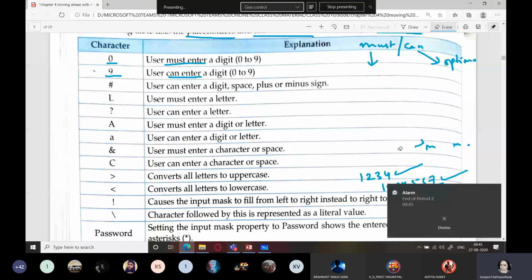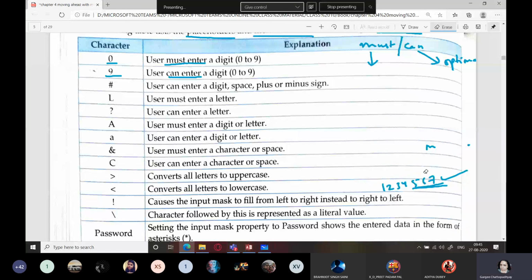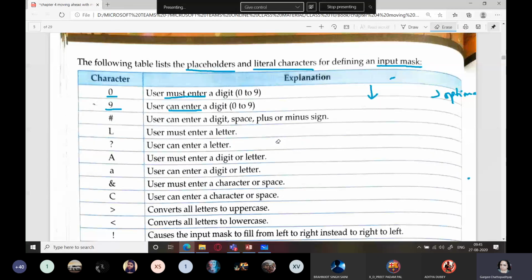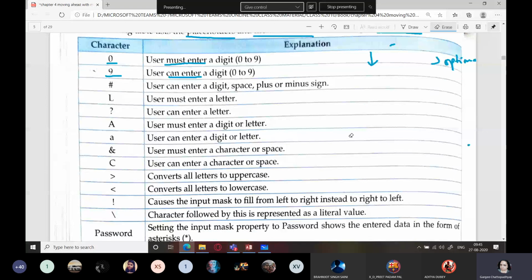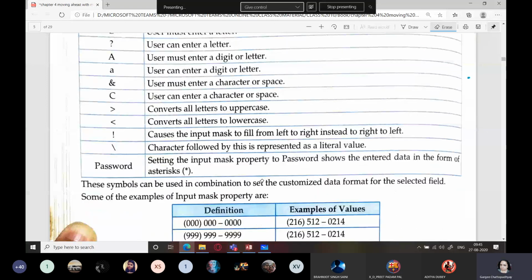Okay, students. So our time is up. In the next class, we will continue with input mask, and it's going to take a while. Maybe 1 or 2 classes it will consume, because there are many things which I need to teach you. So in the meantime, your task is to create a chart and keep it on your tabletop at home, and it should contain all these. Please do that, and then we will actually do it practically in the next class.